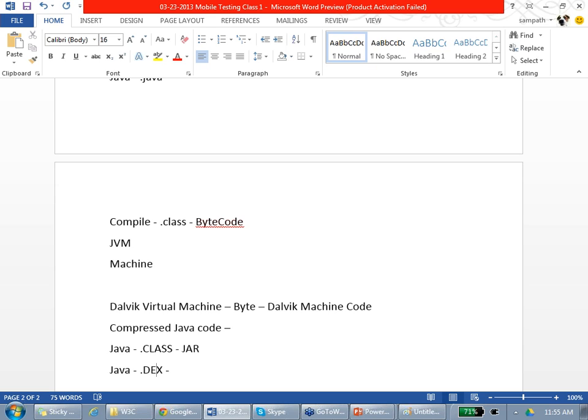Dalvik is running on the Android phone. You write code in Eclipse, and when you compile, you get DEX so that you can run it on an Android phone. The programs we made in Eclipse were for our laptop, but the programs we are making now are for Android, wherever Android runs.